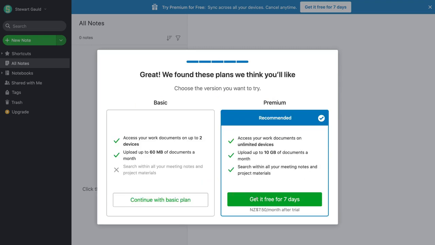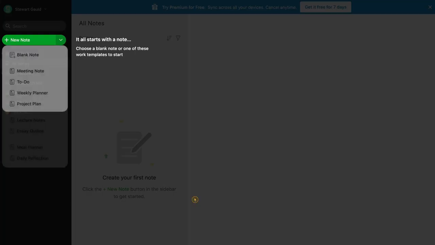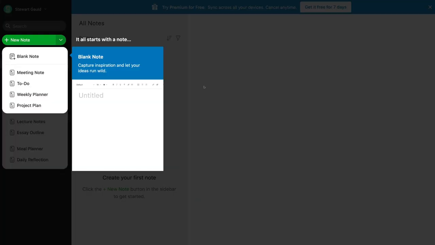Then again, Evernote is going to prompt you to get started with the premium plan. However, today we're going to click continue with basic plan, the free plan. And with Evernote, like in its name, it's all about notes. So as you can see over here, you're going to get prompted to either create a new note, so you